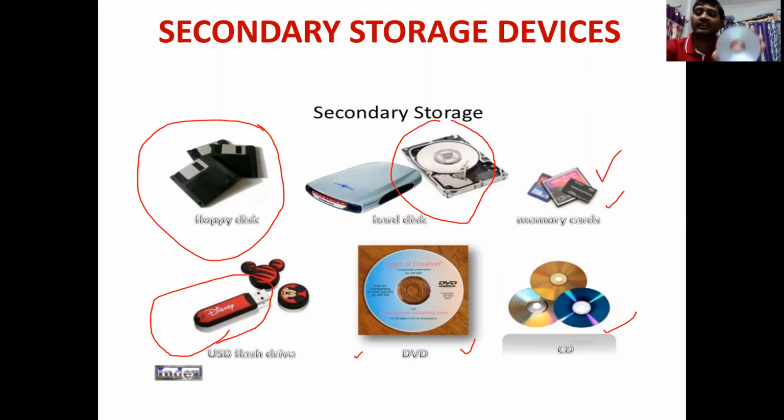With the help of that writer, we will be writing the data onto this using optical technology. That's why this device is called an optical device, optical storage, because the data is written or burnt onto this using a light, and the data is read from this also using a light. That's why it is called an optical storage device. All right, coming on to the floppy disk.